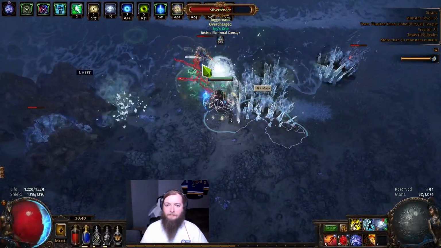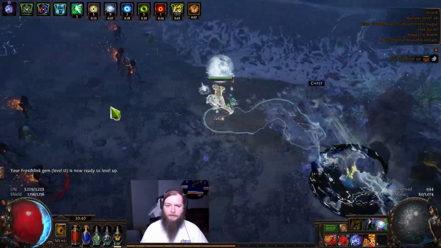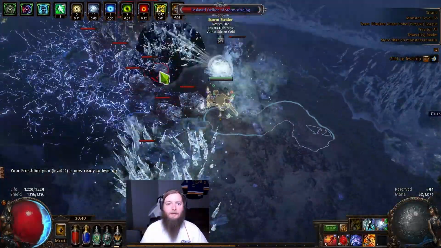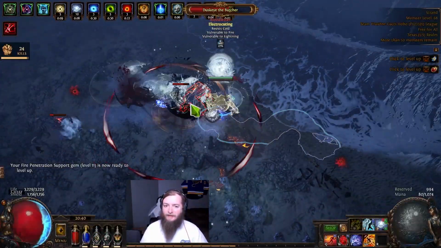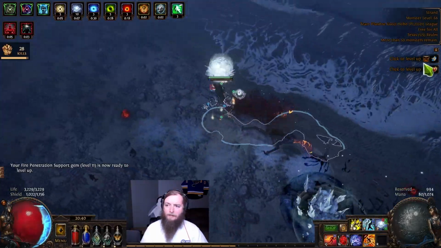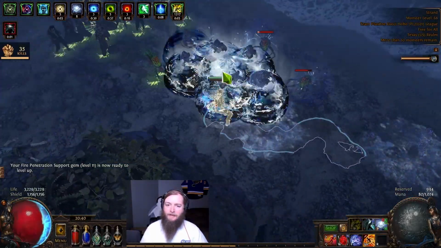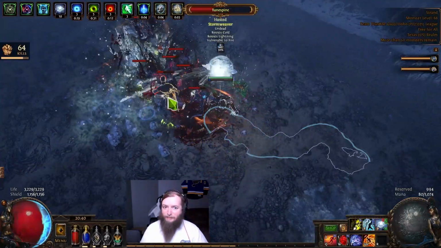Need to get the endurance charges so I can get my rampage going. I don't feel like I can die down here in the T1 map, but you can see that like that rare enemy took a while to kill. Like when it blows up a pack, it's really nice,